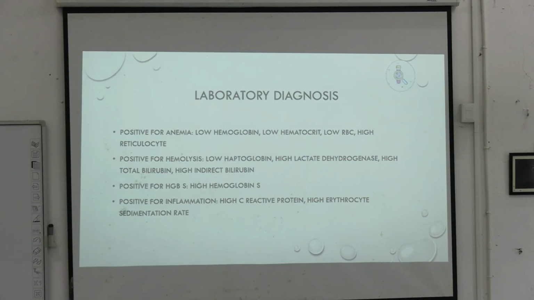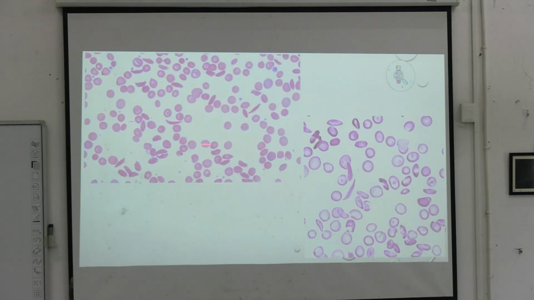Okay. So now what do we do? We do a peripheral smear. Peripheral blood smear, what will we see? We will see these type of cells. It is a microcytic hypochromic anemia where you can see these target cells, then these microcytic hypochromic cells, and with that what you are seeing, these sickle type RBCs.